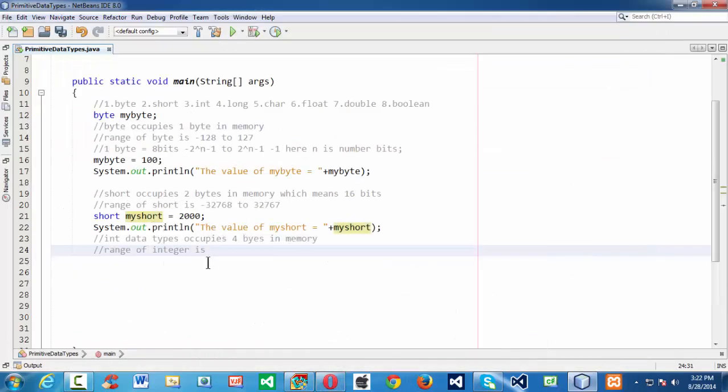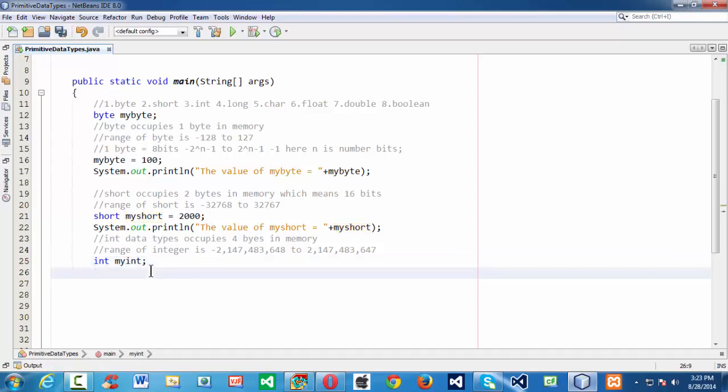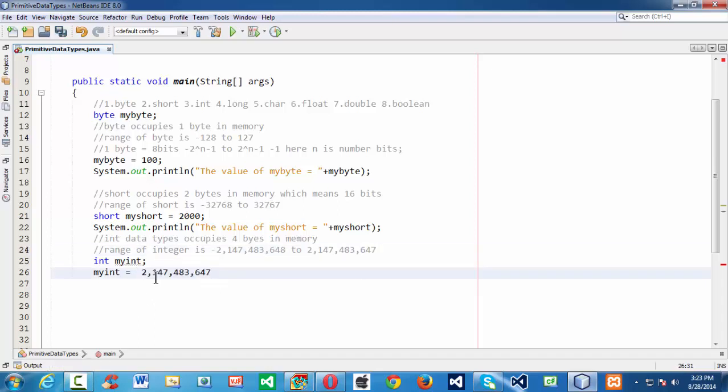That's the population of India and China combined. So later when you want to write a program with a calculation of population, you can make use of this int data type. We have studied how many bytes the int occupies in memory and its range. Let's create a variable for int here. Typically you can have a variable as we have seen for other variables. If you want to assign some value, my int is equal to, you can happily assign this huge value here.